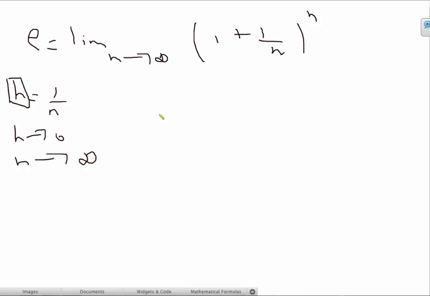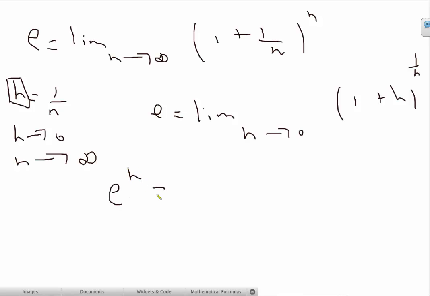And so we have e is also defined as the limit as h tends to 0 of the expression (1 + h)^(1/h), because n is 1/h. And over here, if we raise both sides to the power h, we'll end up getting e^h is the limit as h approaches 0 of 1 + h. And now if we substitute this expression back in,